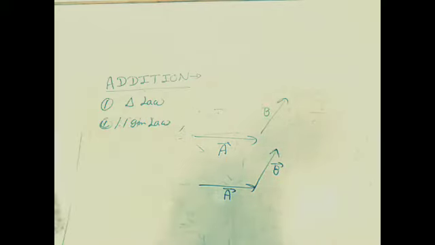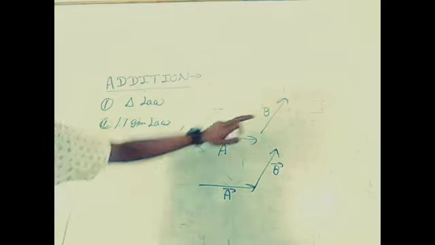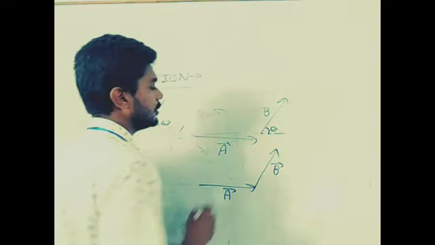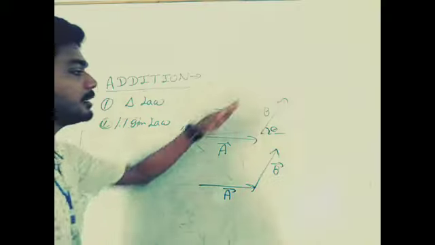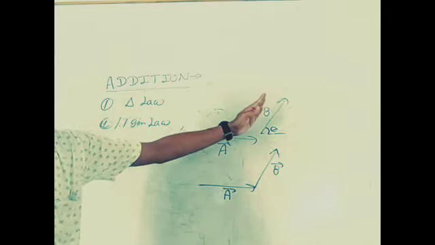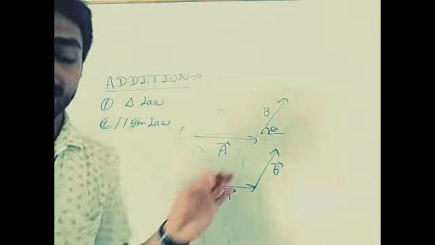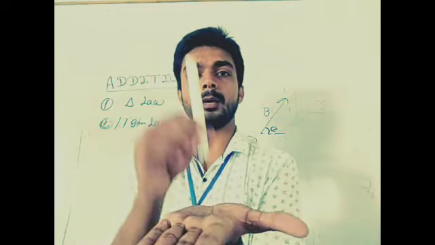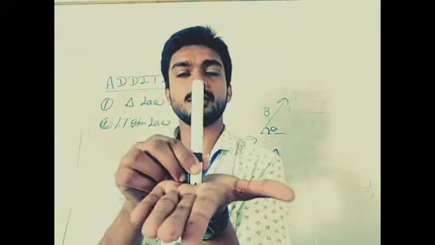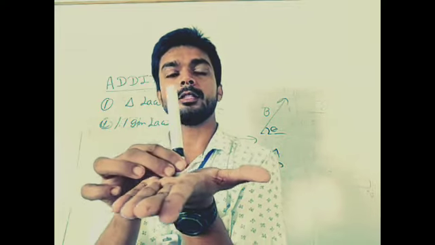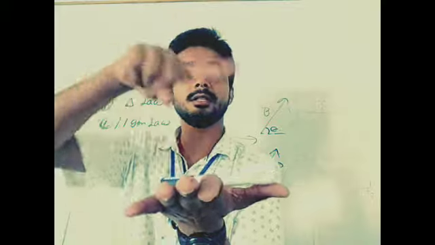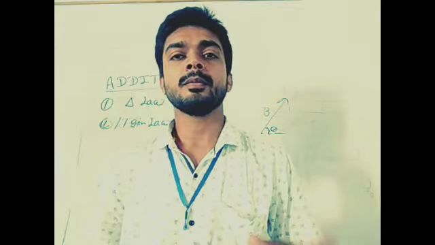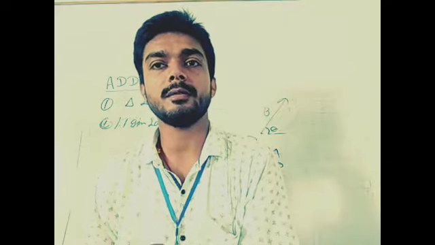Whenever we draw vector B, always try to draw it using the angle. Always try to mention the angle made by the second vector with the horizontal, because angle is the best method to give the direction. Suppose a vector is in upward direction, then you will say that it is at 90 degrees from the plane. Suppose a vector is in the horizontal direction, you will say it is 0 degree. Suppose a vector is in this direction, you will say 180 degrees. So the best method to give the direction of a vector is by the angle.